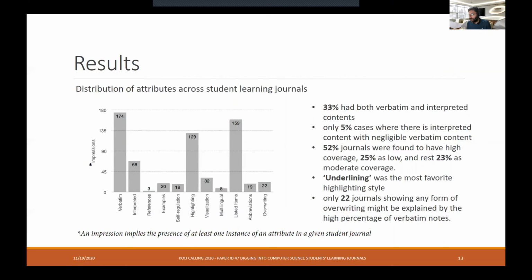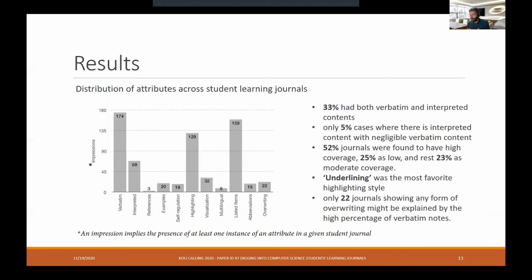Then we also see that there was a lot of highlighting, which is also quite expected. So they use different kinds of highlighting methods like underlining or boxing, text wrapping, background coloring, and so on, which seems to be drawn from their school time habits. Listed items, so students prefer to list using hyphens or bullets or many other kinds of methods. There were considerable number of impressions for interpretations, but there were other attributes which were rarely used. For example, references, and